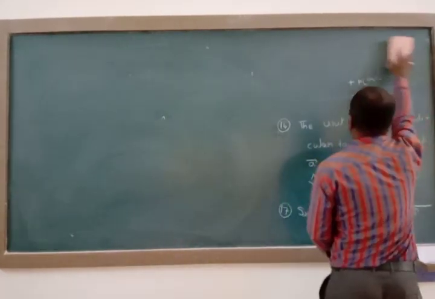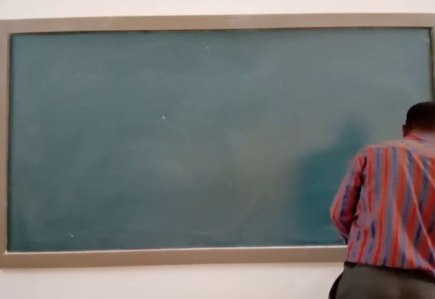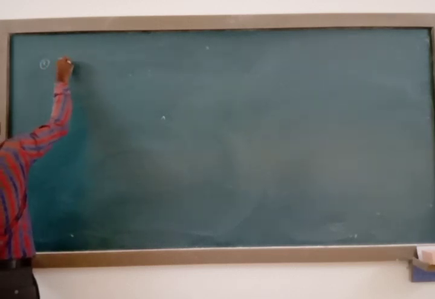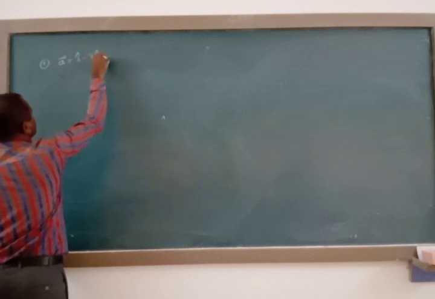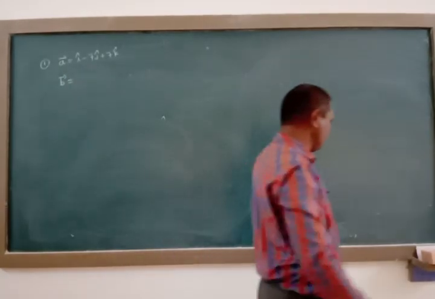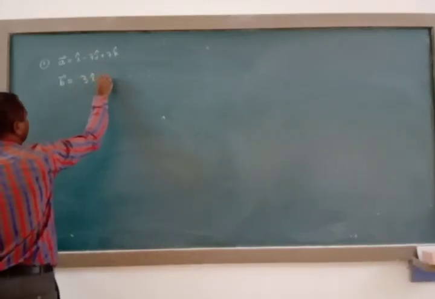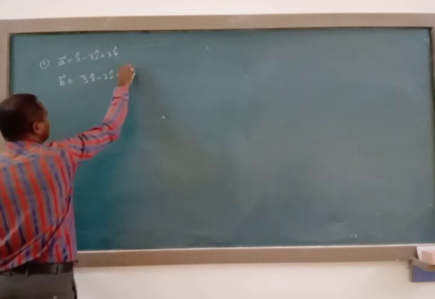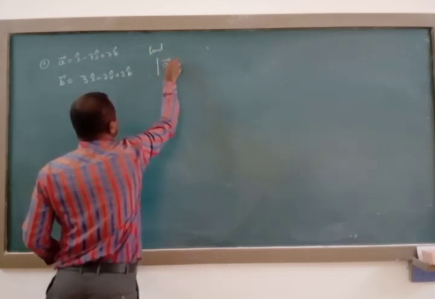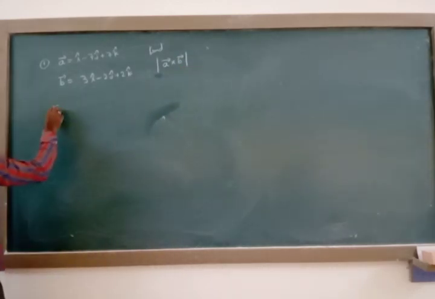First problem: if A bar is equal to i cap minus 7j cap plus 7k cap, and B bar is equal to 3i cap minus 2j cap plus 2k cap, then find the magnitude of A bar cross B bar. First, A bar cross B bar. Solution for this question is,